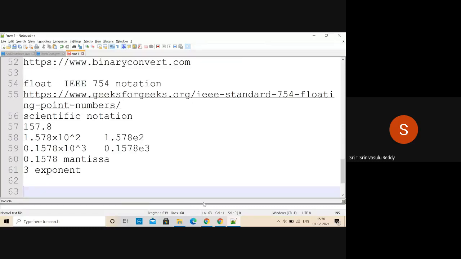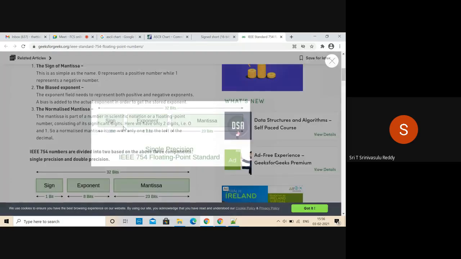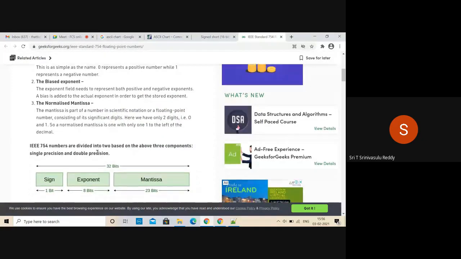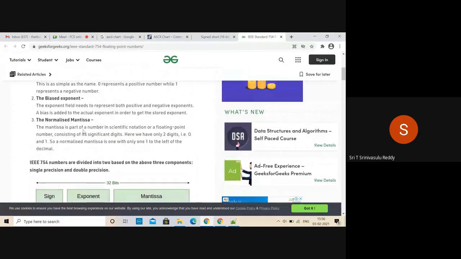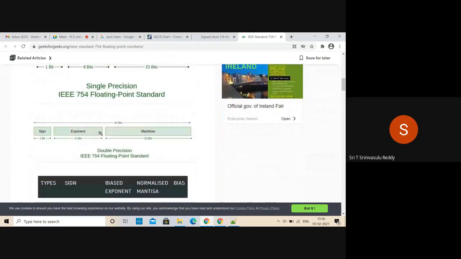Okay, now let us come back to our binary representation, then you will understand. So you are using 8 bits to represent the exponent, 1 bit for the sign, and 23 bits for the mantissa. But then, given a number, how are you going to convert it into a sequence of zeros and ones? Let us see that. It's going to be straightforward. You must have understood what normalized mantissa, biased exponent and all that mean. Let us come to the terms.